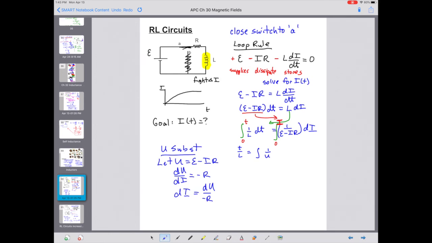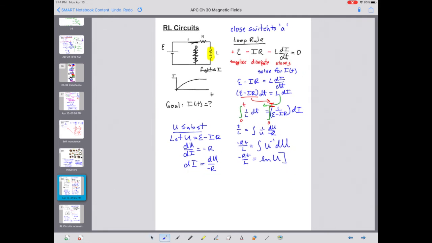of 1 over u du over negative R. I'm going to throw that negative R to the other side, so negative Rt over L. And on the right side, we get the integral of u to the negative first du. That's easy, natural log, so negative Rt over L, natural log of u evaluated on our endpoints, throwing the expression